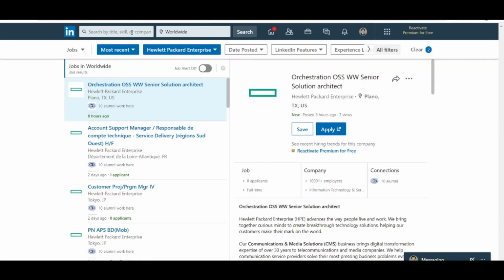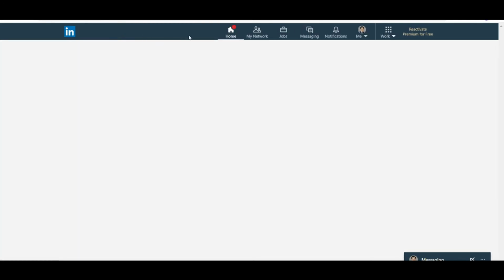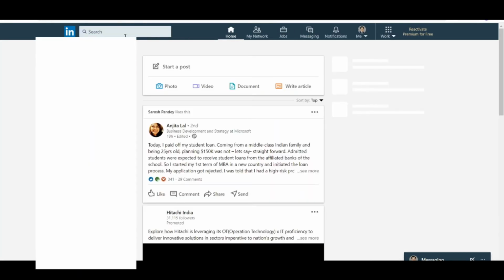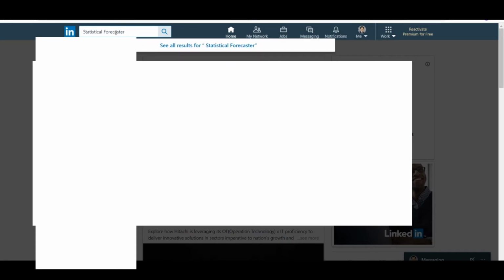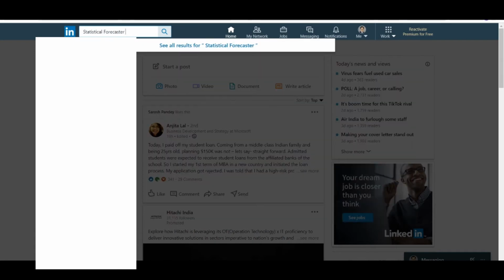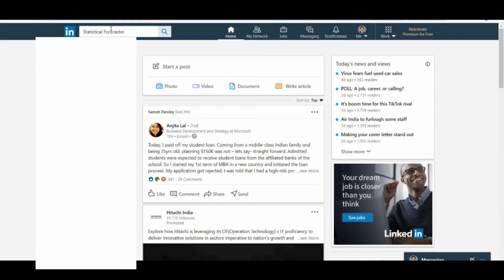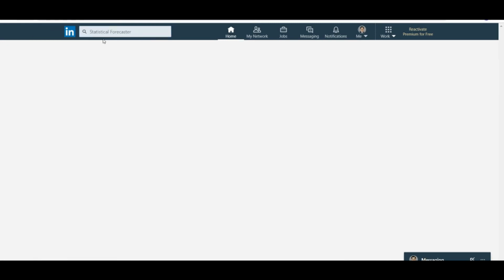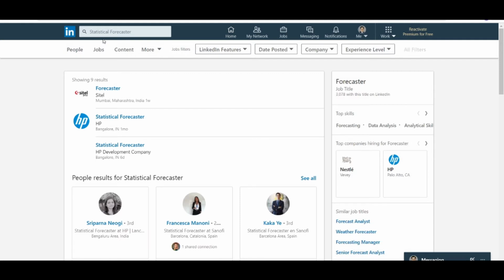But when I search statistical forecaster on LinkedIn, it will automatically give me the profile which is available in the jobs. So it was actually listed by HP, not Hewlett Packard Enterprise.